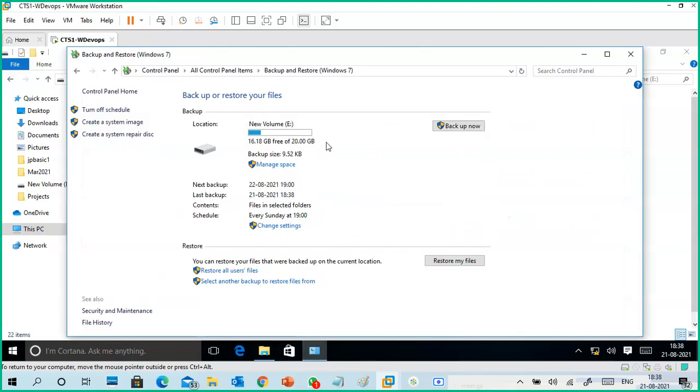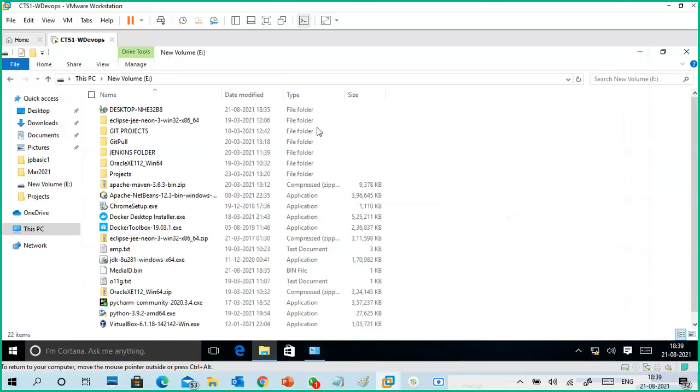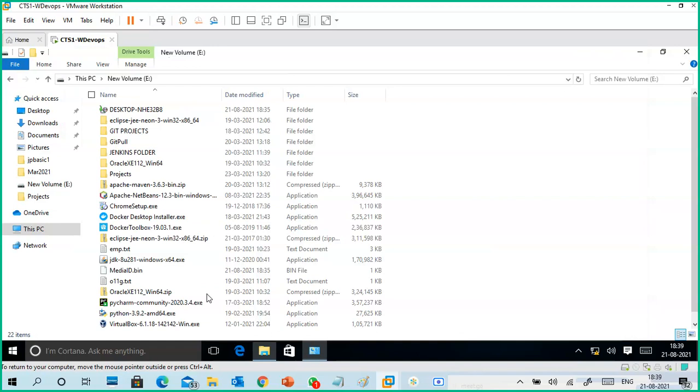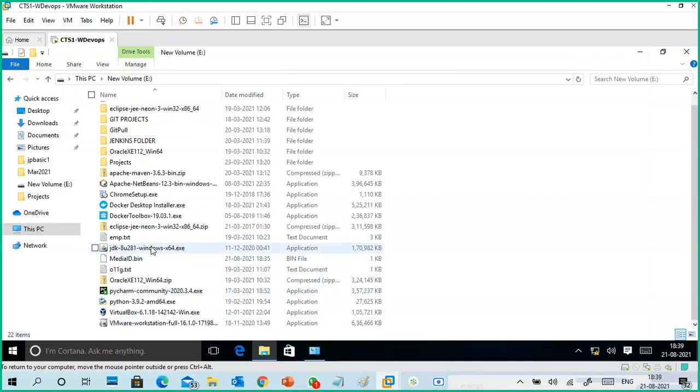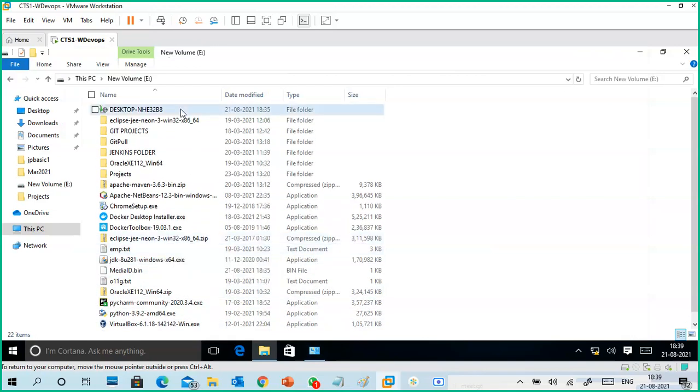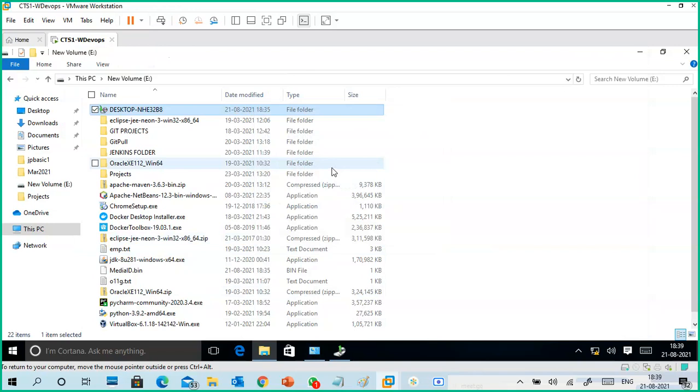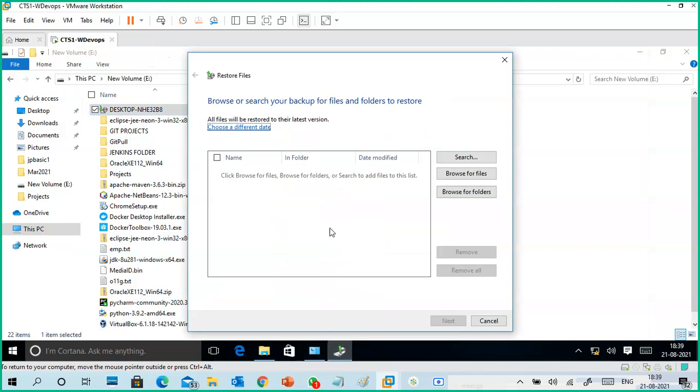So you can see backup is done, and backup size is 9.52 kilobytes. And where is that file? It went here. So open this one, restore files from my backup, just to see which files are backed up. Is it backed up two times or three times? Generally, it is an intelligent one.